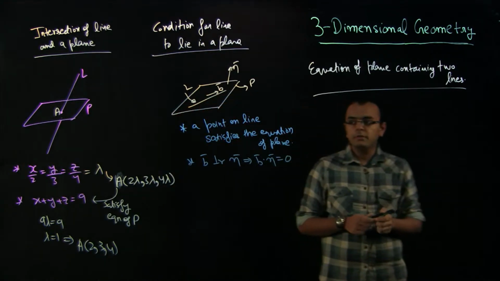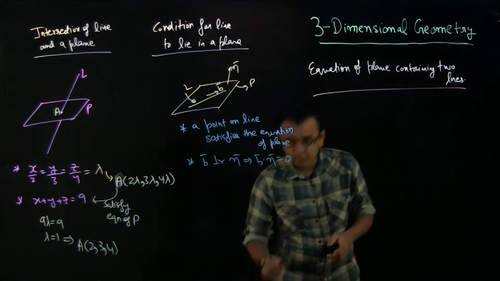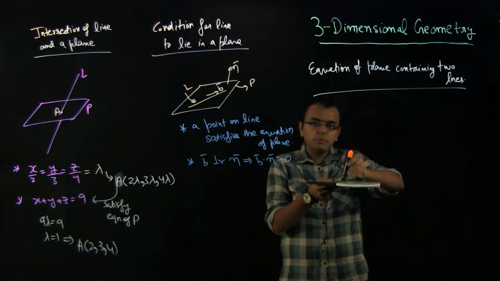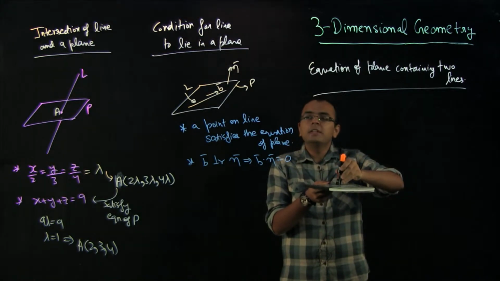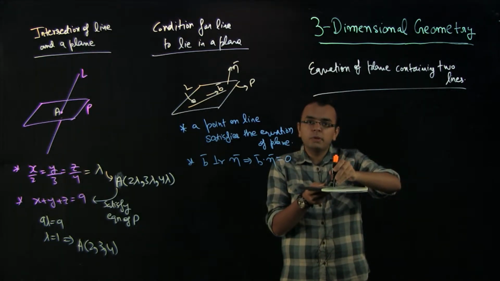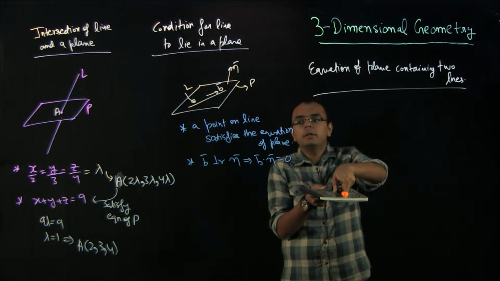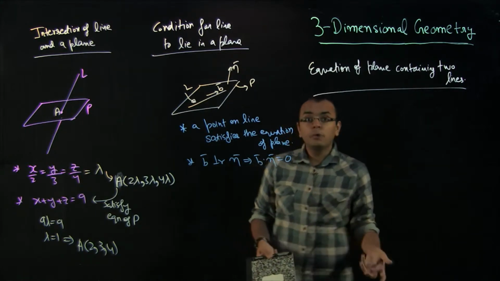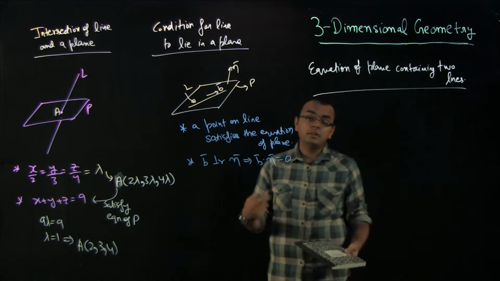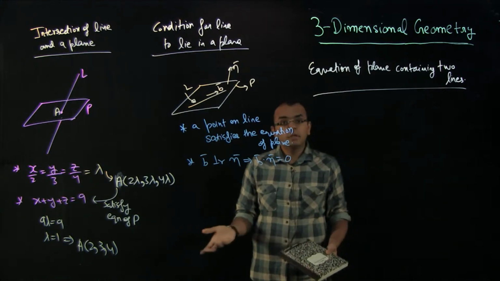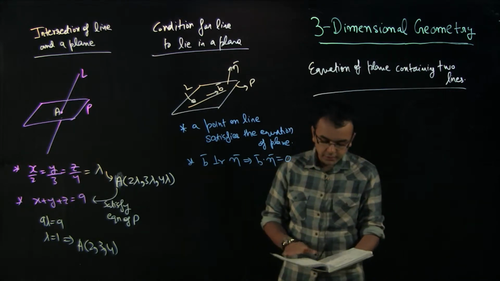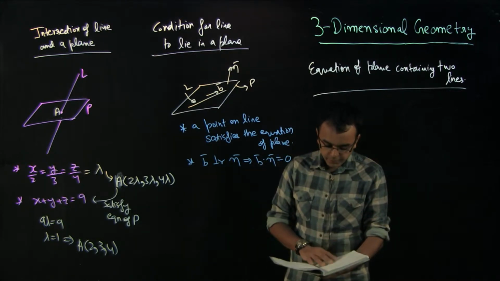So you can imagine what we are doing. If one point is on the plane, that means the line is definitely intersecting at one point. So let's say you made sure one point definitely intersects, and then we forced the parallel vector to become perpendicular, so you force the line to be on the plane. That is how I think about this. Another way is that you can take 2 points on the line, and then you can satisfy both the points on the plane. Then that will also ensure that the line is actually on the plane. If there are 2 points which satisfy the equation of the plane, then it has to be on the plane.